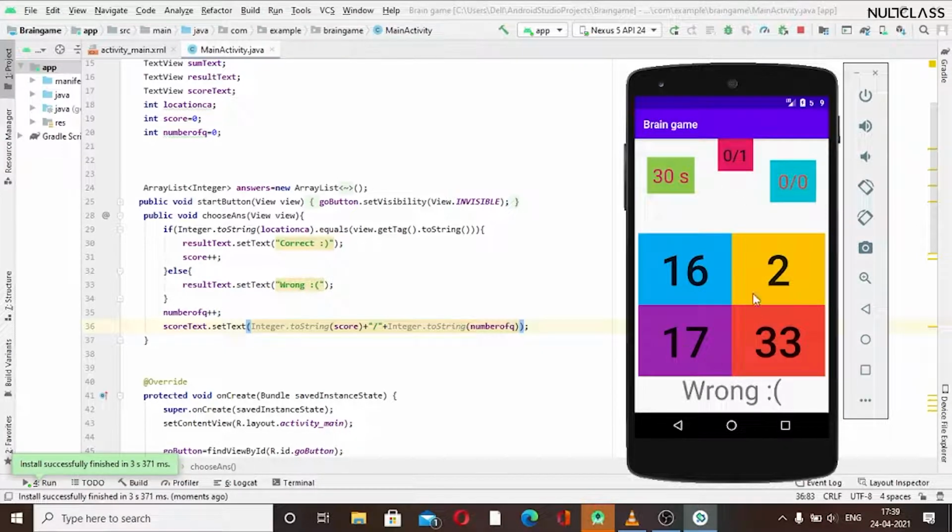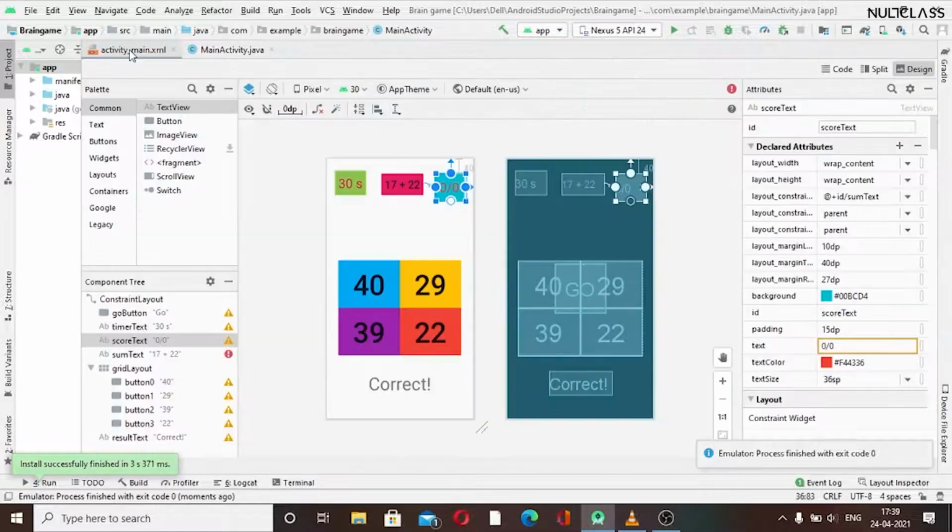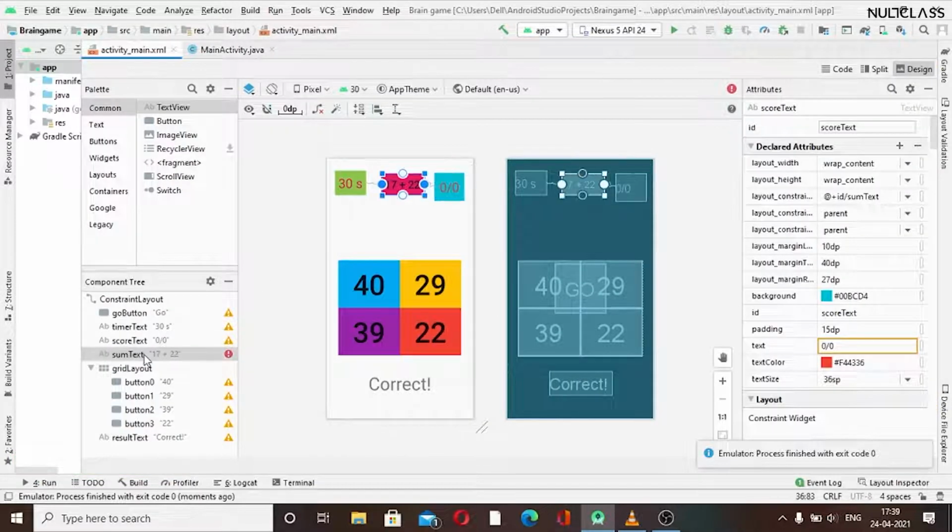We can see that I think I have selected. Oh, okay. I think I have updated the wrong score text view. I wanted to update the other one. So I will just quickly change that. Here I have used score text to show. I have given the name incorrectly, I think.